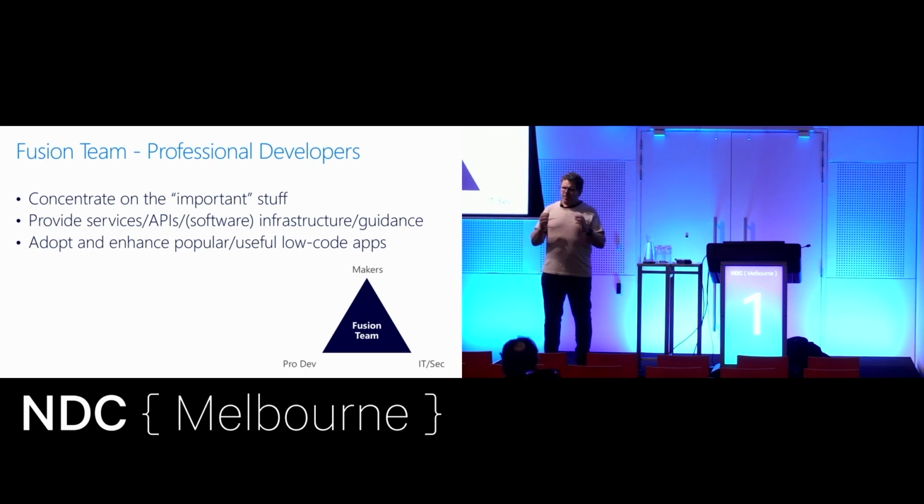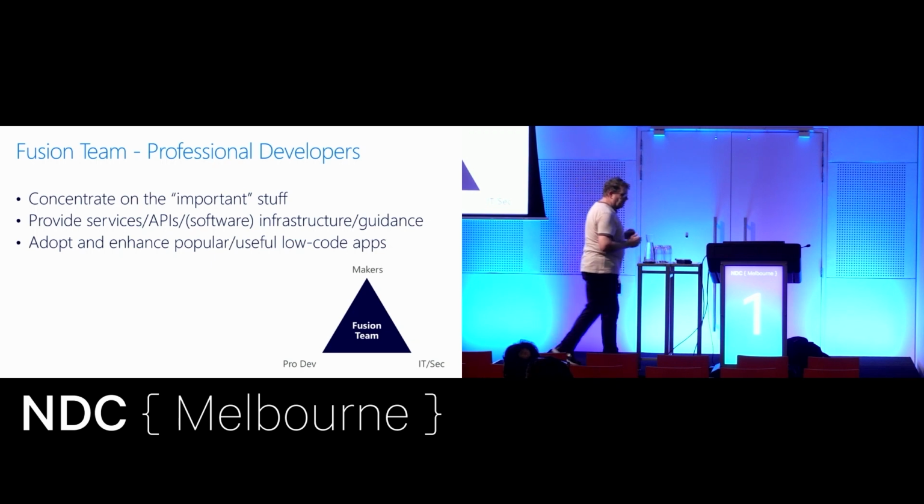What I really don't want to be spending a lot of time doing is putting together the tiny little thing that the accounting department needs to do this thing with that little bit of data that comes out of our system. What I'd like to be able to do is provide them with access to that bit of data and the tools that give them the capabilities to do that. But I don't want them to take that data and do something else with it, like put it under their desk. What I really want them to be able to do is enhance my data estate, or our data estate, by working on it. So I give them APIs, I give them infrastructure, I give them guidance.